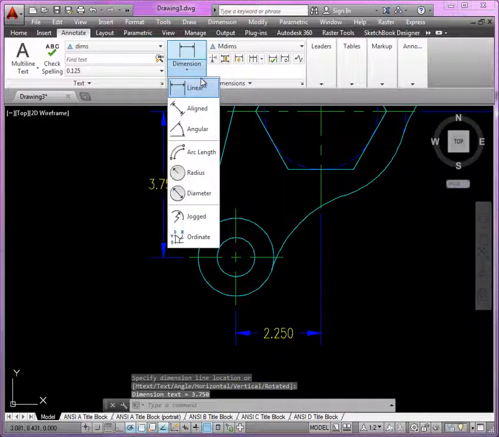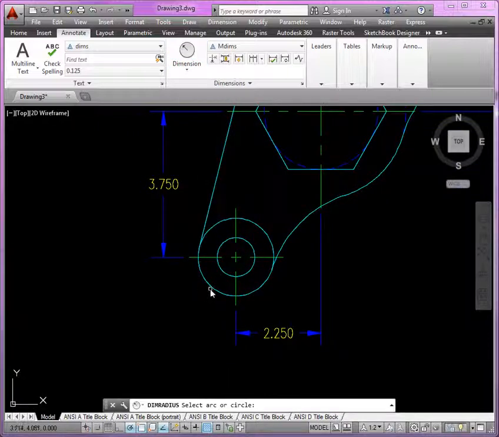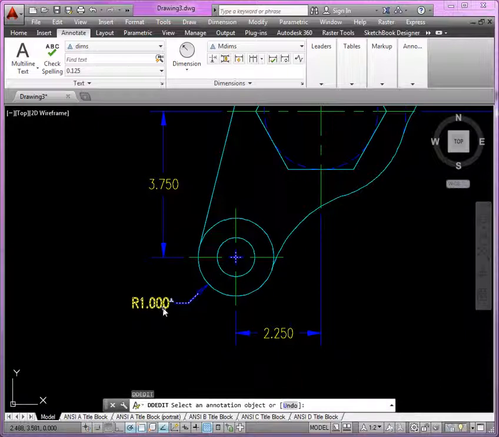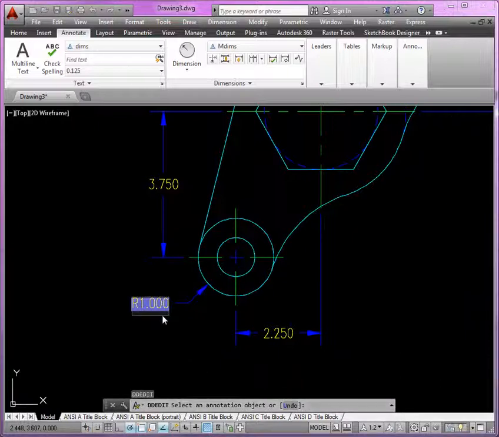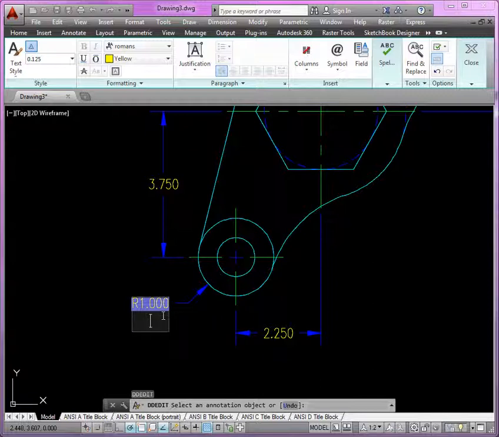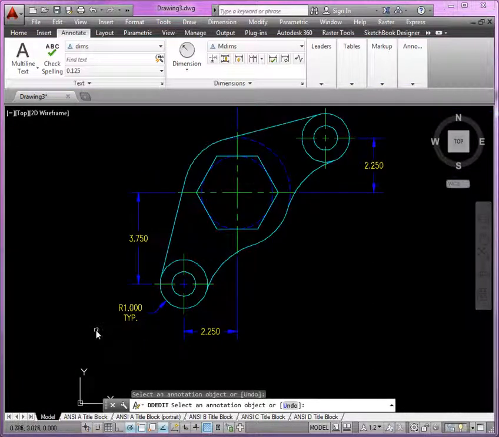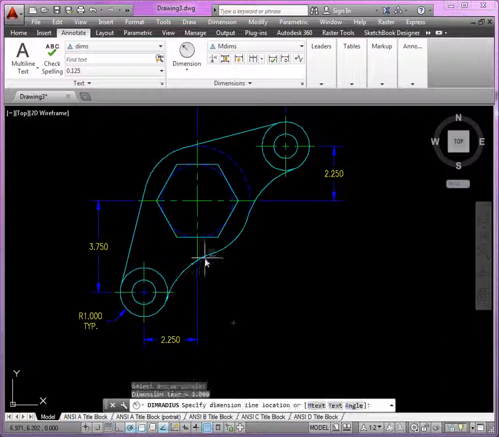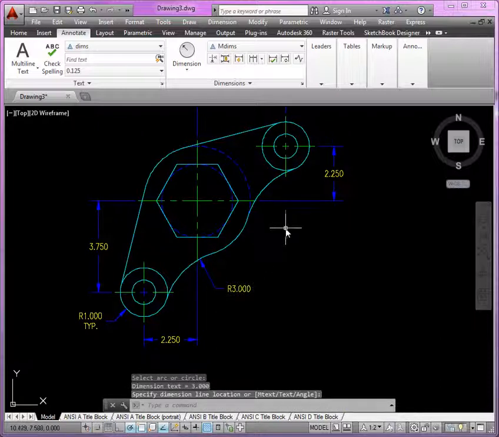Let's go ahead and start with our radii. Right, we want to use ED to put in the custom dimension there. So use your arrow keys to move around, TYP. Alright. We'll put in another radius dimension here and here,